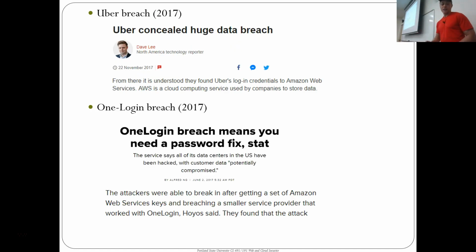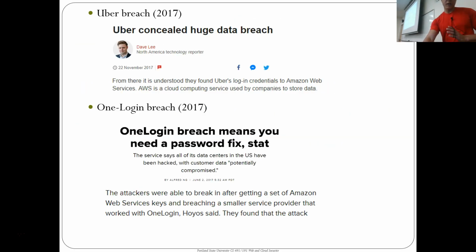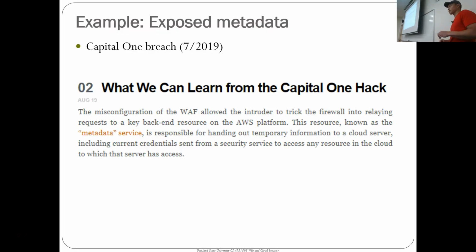Uber was breached in 2017 because they also had some credentials that were captured. OneLogin also had AWS keys that were breached as part of their incident. So that's a common pathway.